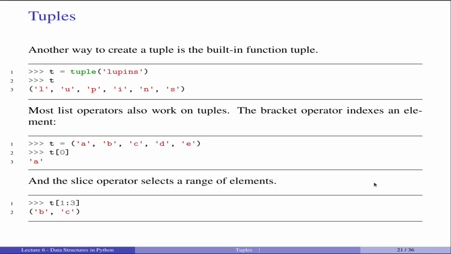Alright, so another way of creating a tuple is using the built-in function called tuple. If I pass some elements into tuple, then it will create a tuple from those elements. For example, if I pass a string into tuple, it will create a tuple which has each character of the string as an element. So here I have 6 characters, so I will get a tuple with 6 elements, L U P I N S, all different. Okay,